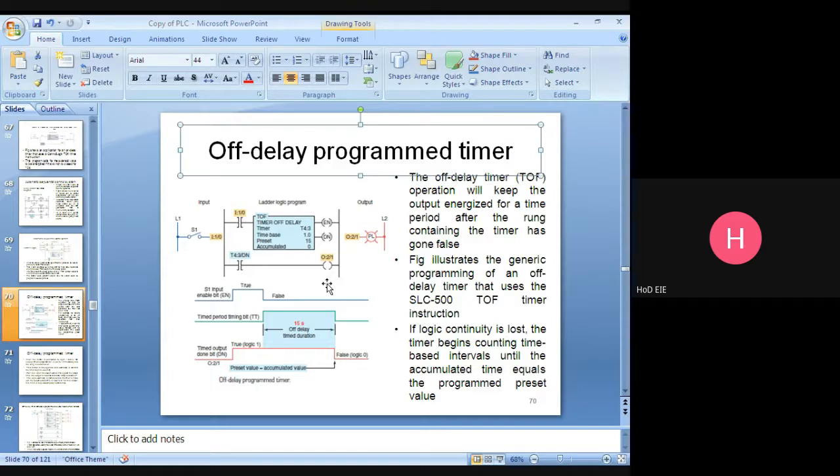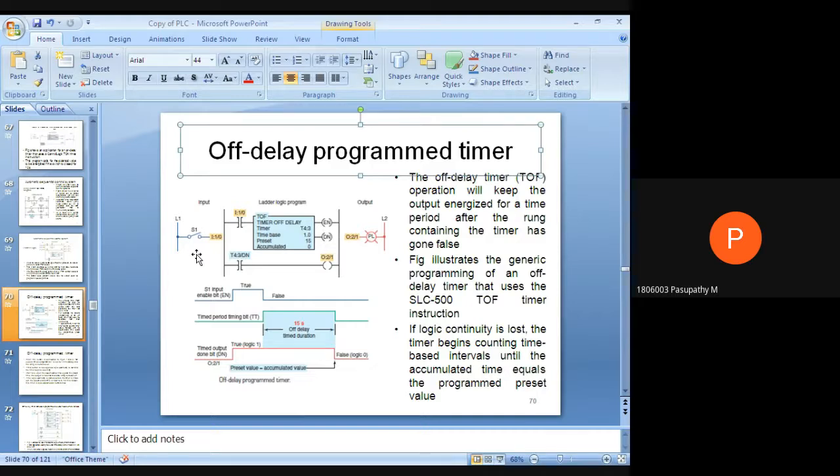Pasupati? Yes, sir. Now you repeat. When the switch gets on, the enable bit gets enabled, and the done bit also gets energized. T4 gets closed, and the bulb starts glowing. When we turn off the switch, the enable gets disabled.